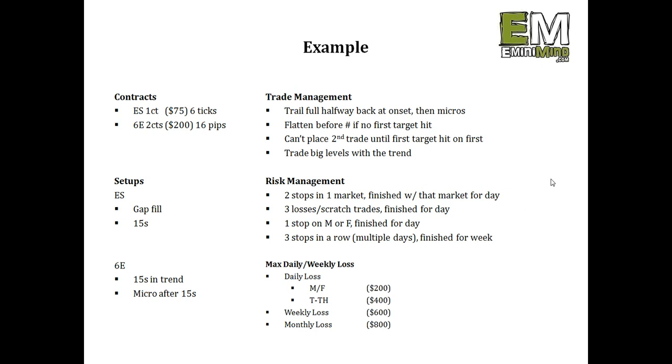We've talked about in the past consolidating your rules down to perhaps a 3x5 note card or an 8.5 by 11 sheet of paper folded in half. When you can compact your rules, it makes it much easier to review and read them in the morning. If you have a 10-page trading plan, there's probably a lot of stuff in there that may contradict itself. There may be so many things that need to line up that it becomes difficult to execute. So if you can get your trading rules down to the simplest form,